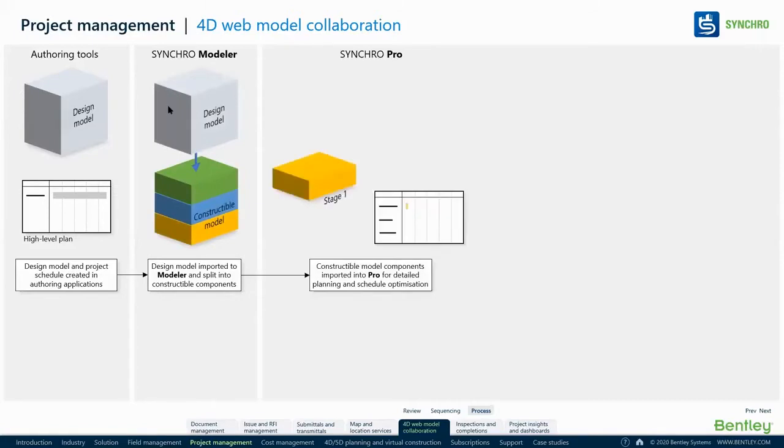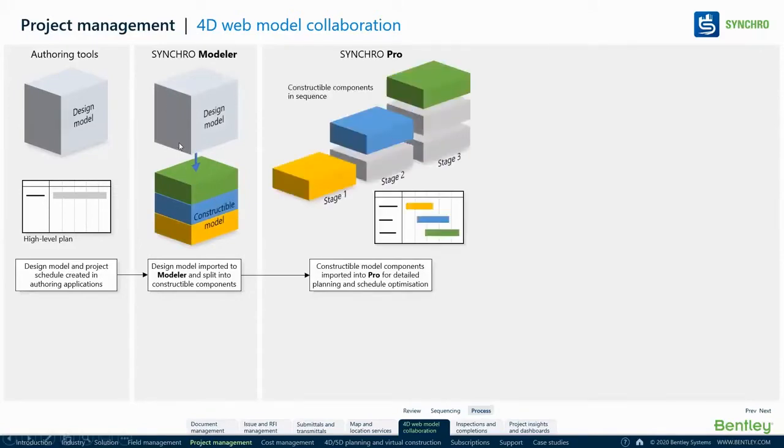Then you take it into Synchro Modular and create a constructible component from the 3D model that can be used to generate intelligence. Then you attach a schedule. Synchro itself has a full-fledged CPM scheduling methodology. So you do not need an external scheduling software, but definitely, as I talk about the projects, where the apps don't talk to each other, we allow people to talk to other apps also.